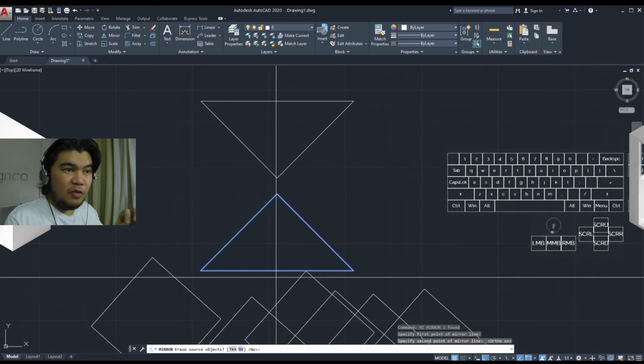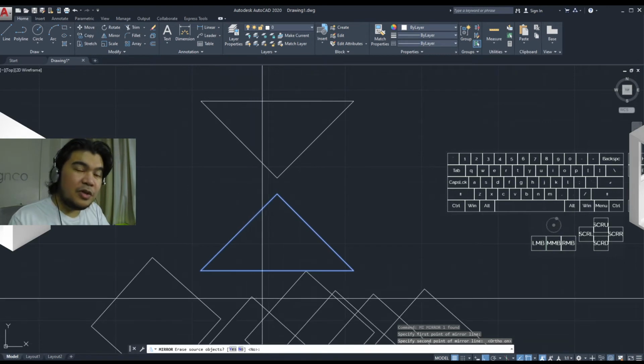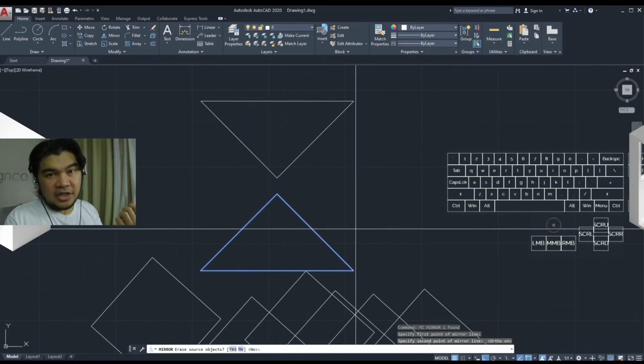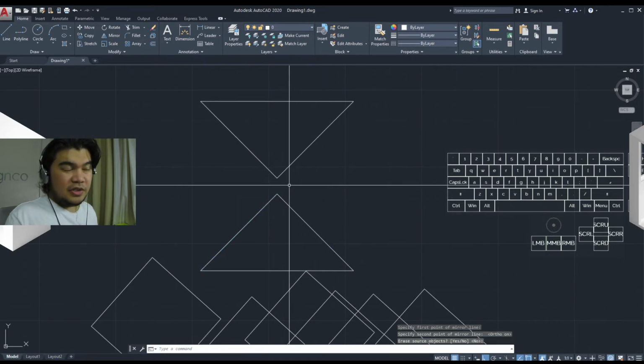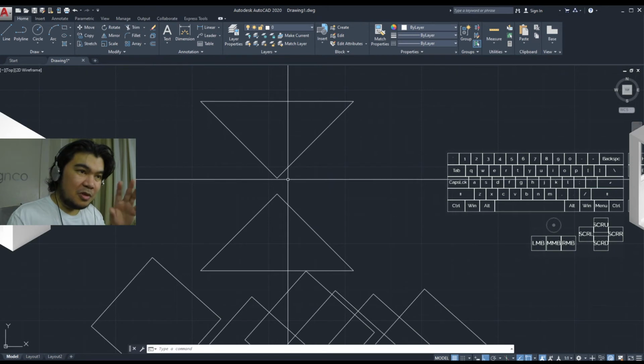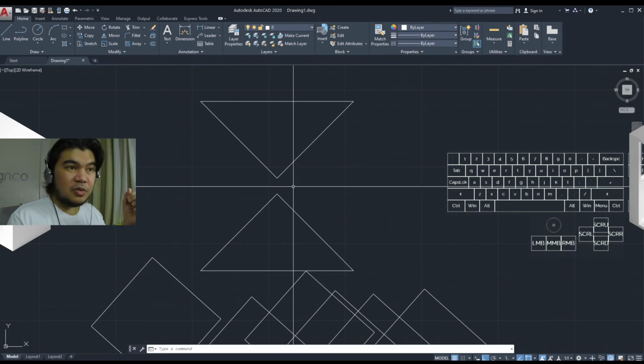But the command is not yet over. It's asking us here if we want to erase the source object. Normally it's on no, that's the default. So you just press space, because if you press escape, the tendency of the program is to think, oh, you did not want to mirror, so it will forget that you are trying to do that. So that's another difference of the escape and the spacebar or enter commit or release